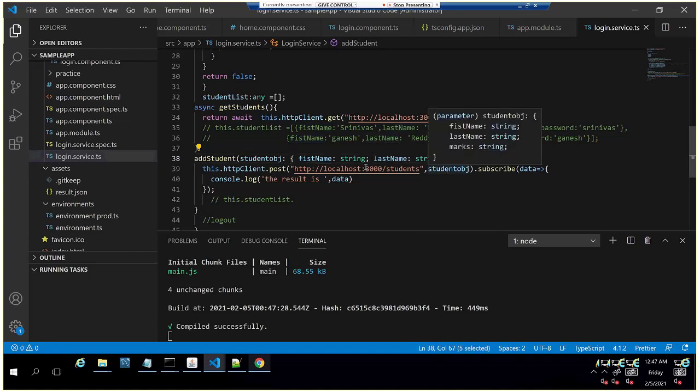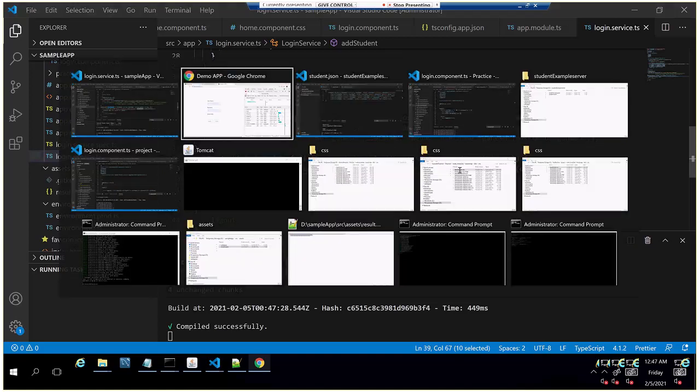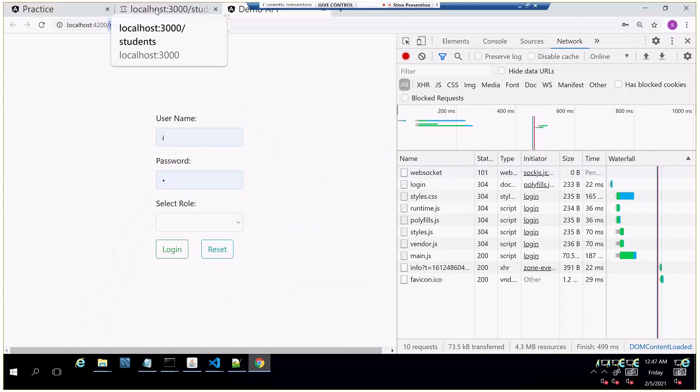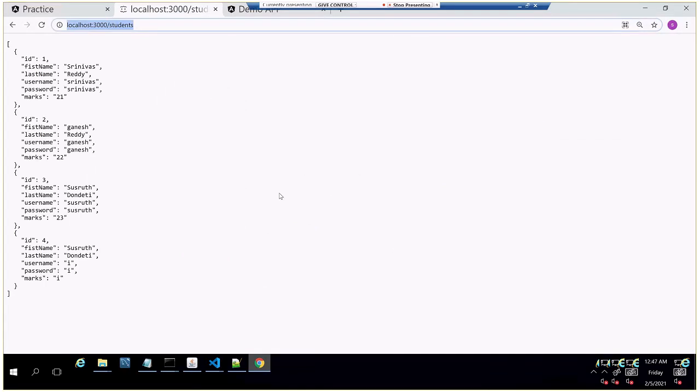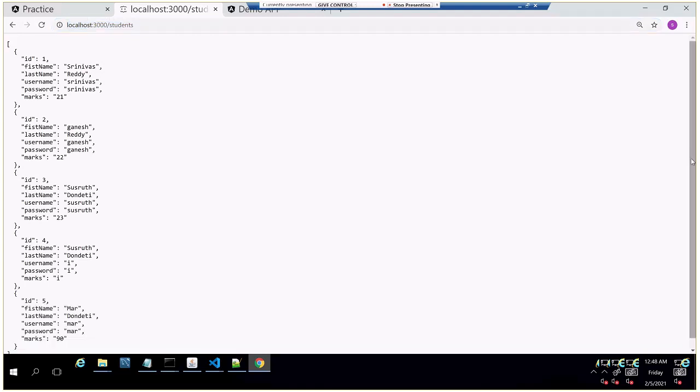As it is a post method, it will submit the student object to this URL, and internally the URL will add the student object to the actual student list. But you didn't have the student ID, right? The student ID is created automatically on the server side. Oh, it is an automatic sequence increment. Yes, it will increment and add.